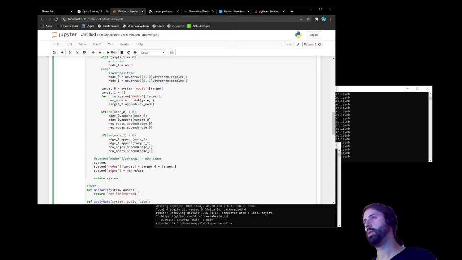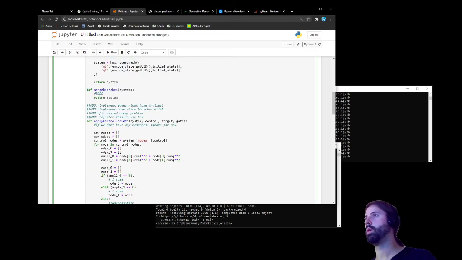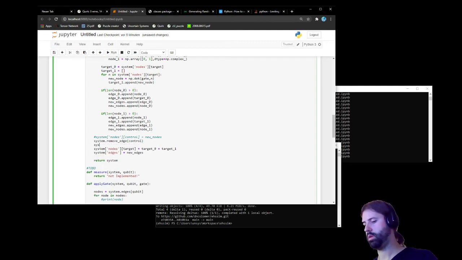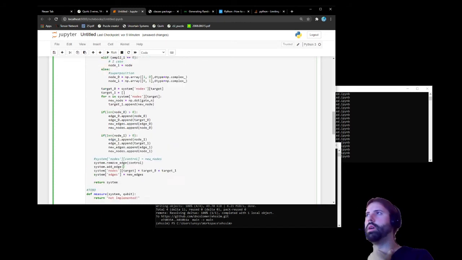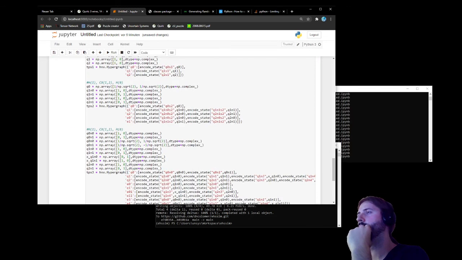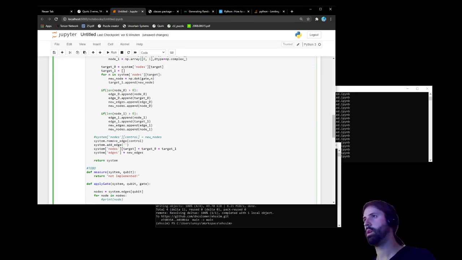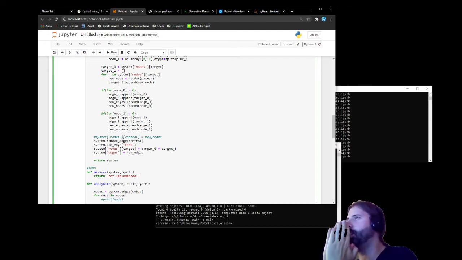System remove edge. Control system add edge, and then I just kind of go like that, like... but that's bad because that's the problem here. I think that if I have